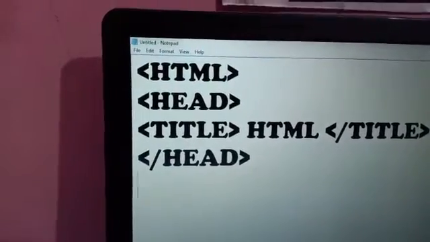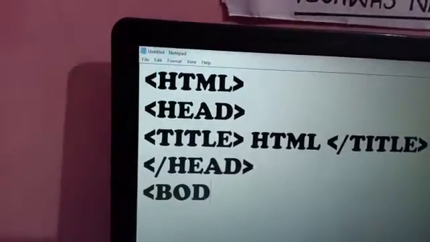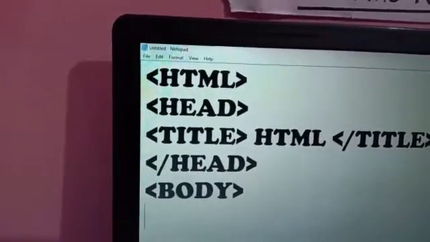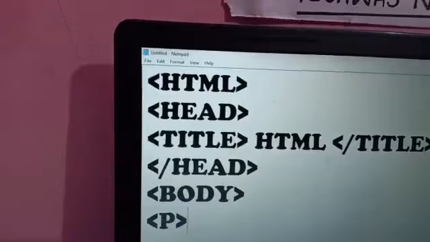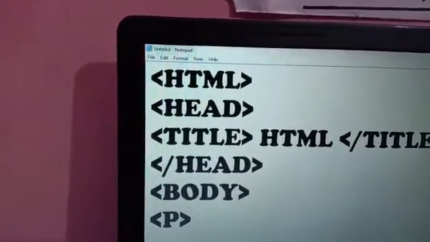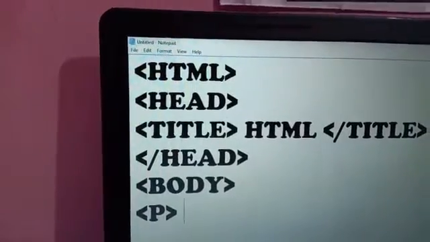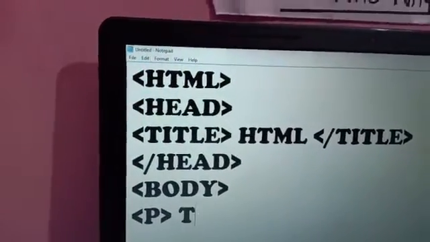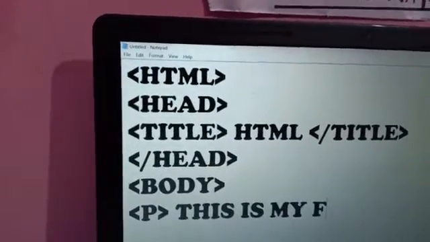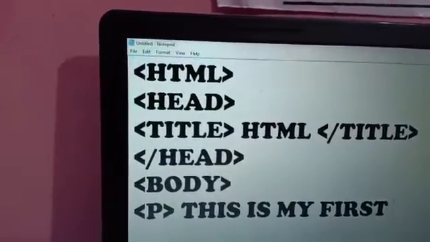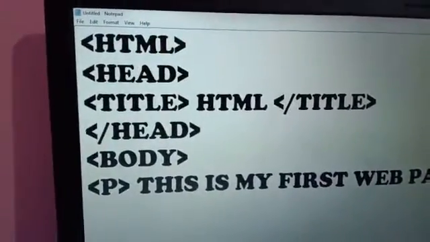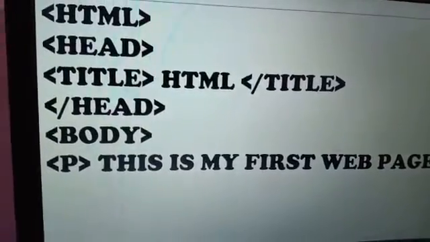Now the essential part is the body. Body tag we have to define. Inside the body tag, you have to write down the paragraph, an image, whatever you write in your web page. This is my first web page. And then close the paragraph tag.